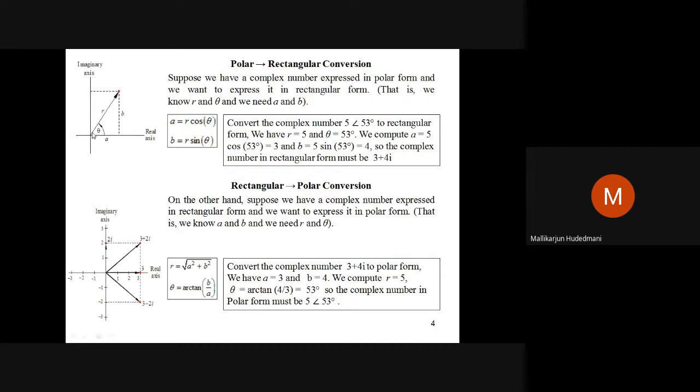Then what is this? A polar quantity will have a magnitude. Yes, R is the magnitude. We should have an angle from the real axis, plus theta. So R angle theta is the quantity under test. Then what will I do? I will take the projection of this vector along the x-axis or real axis. When I put a torch from the top, the shadow of this comes as A. A is called the projection of vector R along the real axis.